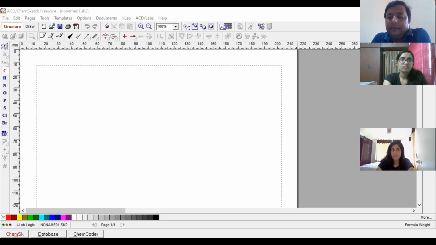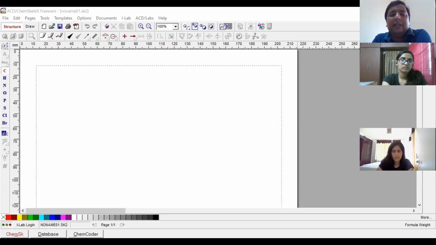It's clear, right? So now, if I take any template, say I have taken this benzene ring, I have attached this bond. If you click on this, first, second, and third bond will come like this.